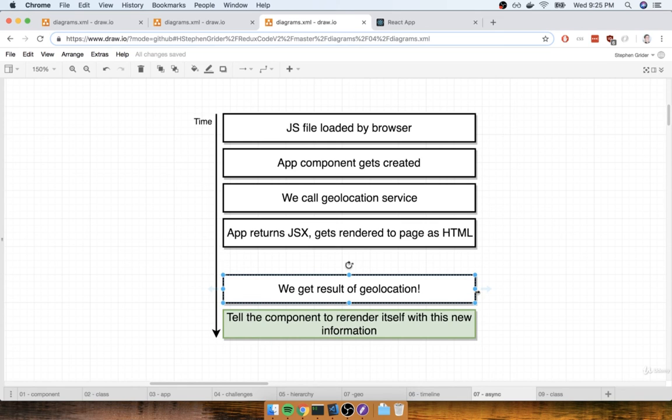So let's take a quick pause right here. When we come back to the next section, we'll talk about step two of our solution, which is to use React's state system. And this is where things are going to get really interesting. So quick pause, and I'll see you in just a minute.